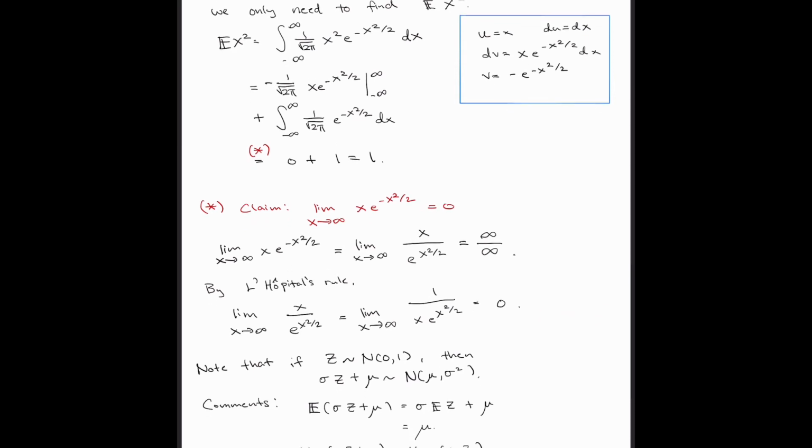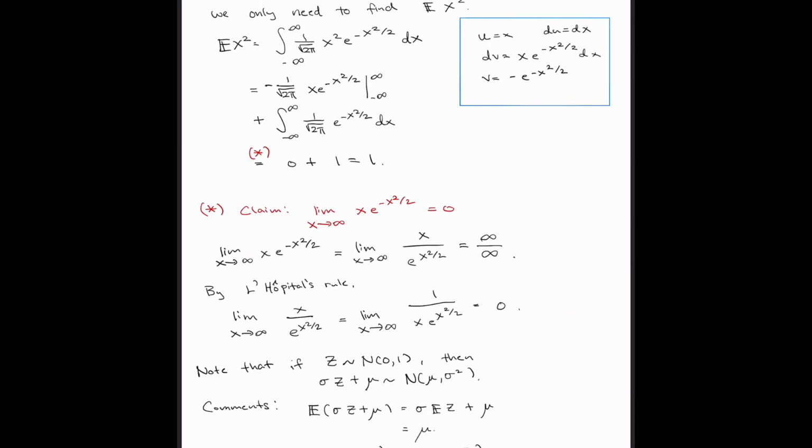Okay. Now there's something super important. There's a super important property about the normal, which is that if you have a standard normal random variable z, then sigma times z plus mu is actually another normal random variable with mean mu and variance sigma squared. So this has mean mu and variance sigma squared. We're not going to show that. You can show this,